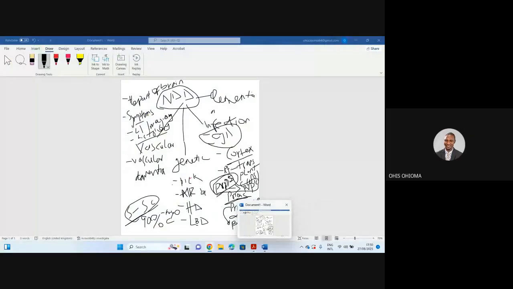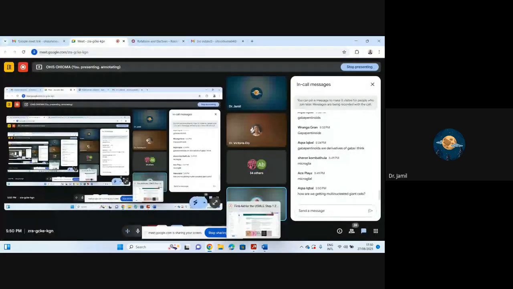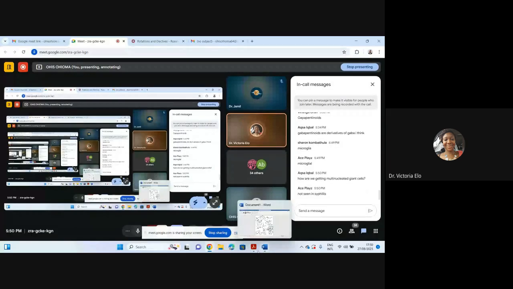I think it's TB that you see that. Are you referring to gumma? In tuberculosis, I think not in syphilis, the giant cell is not in syphilis. In viral infections in the CNS and in tuberculosis, that's what I know. I know I've come across syphilis-associated encephalopathy having multinucleated cells. I also stand to be corrected, but I know I've seen that. If it's not in syphilis, then that's okay.